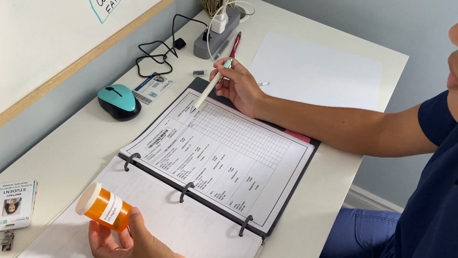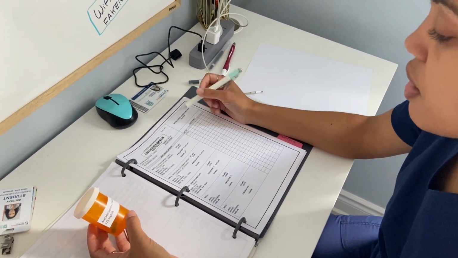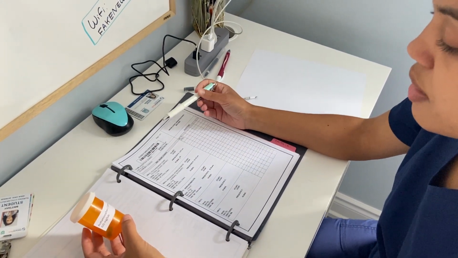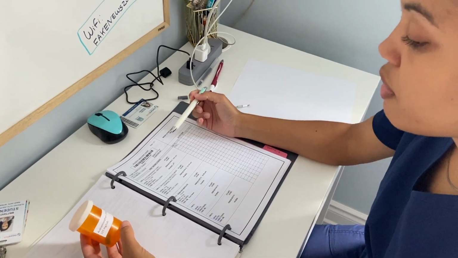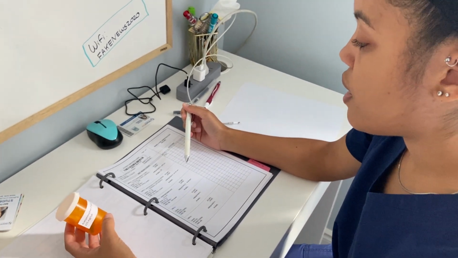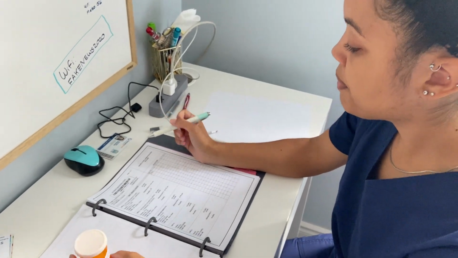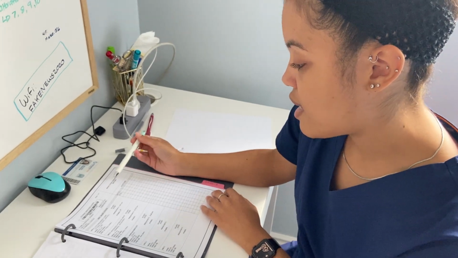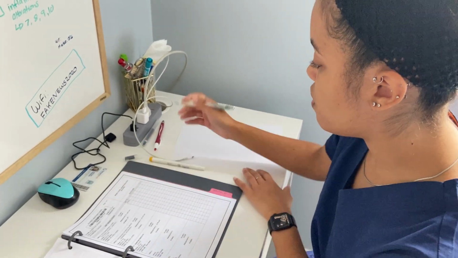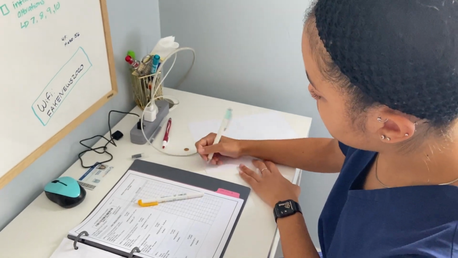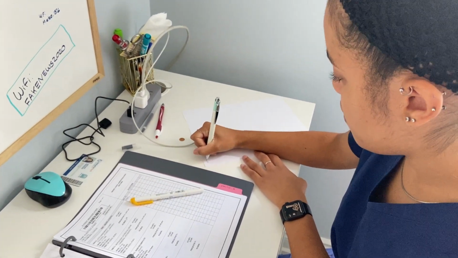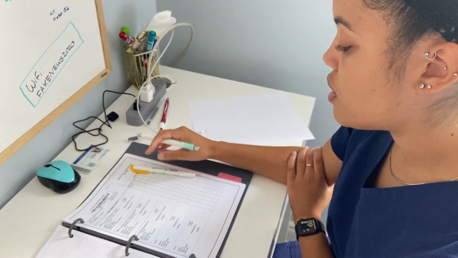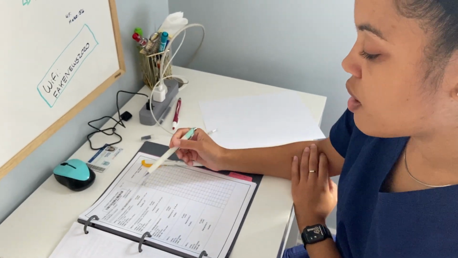The time I'm going to give the medication is at 9 o'clock a.m. The right frequency is every 4 hours. The right site isn't applicable because it is by mouth, and the right reason is to help with his pain from his UTI. I am now going to look at his allergies, and I see he has an allergy to codeine, and I'm going to write that down. And then I am going to check, and I see that the night nurse has signed the MAR and has